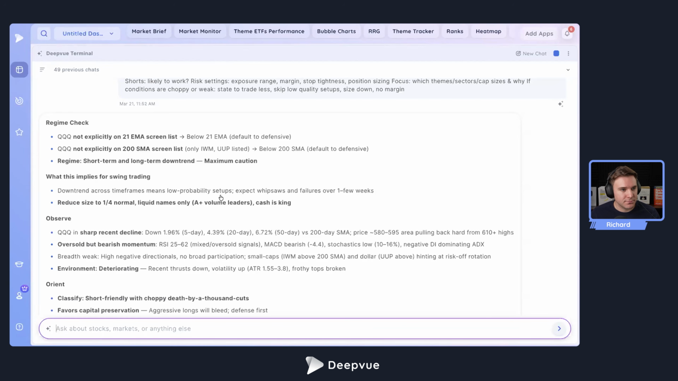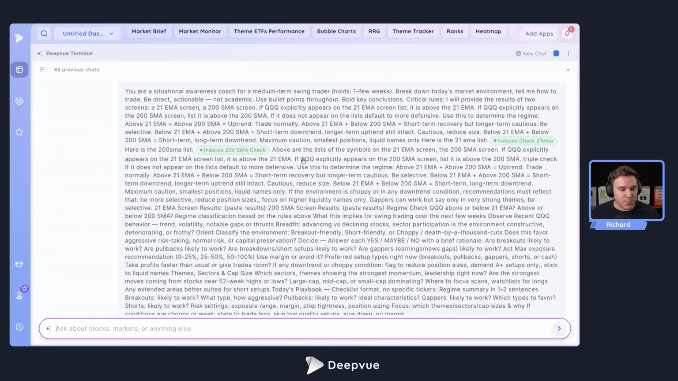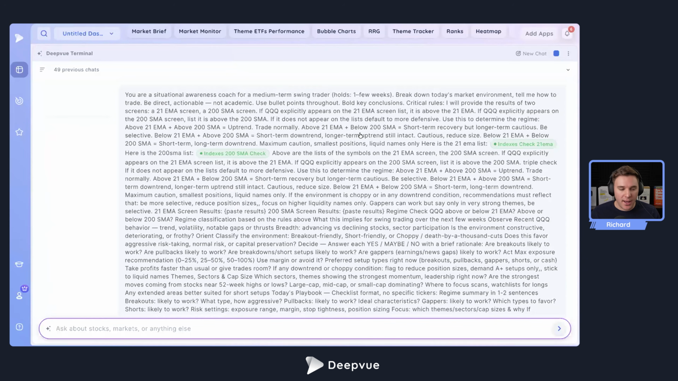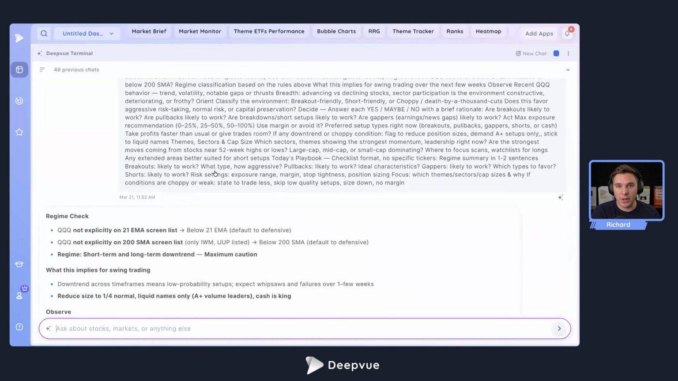Cool. So again, this prompt needed a little bit of finagling with these index checks. Hopefully you guys set that up along with me. But again, the goal here is just to try to force the prompt to be aware of if the QQQ is above or below those moving averages and not hallucinate too much. Again, you could always just manually tell it, hey, the QQQ is below the 21 EMA and 200 SMA. Here's the prompt. How do I trade if we're like this? So you don't need to pass it